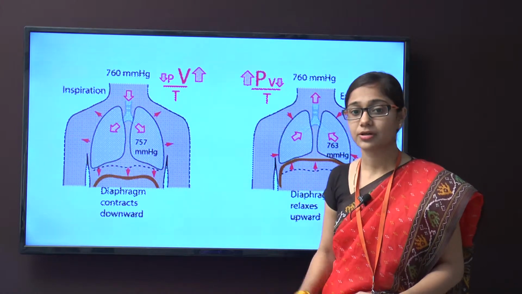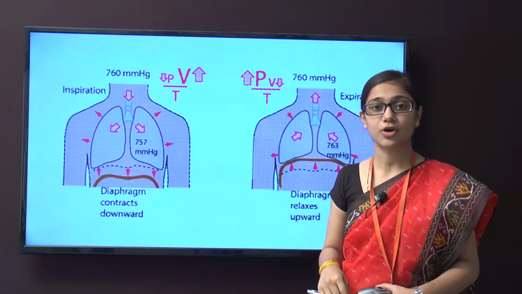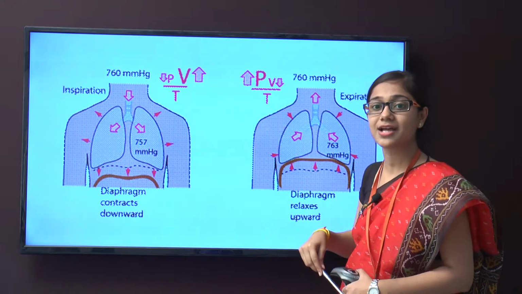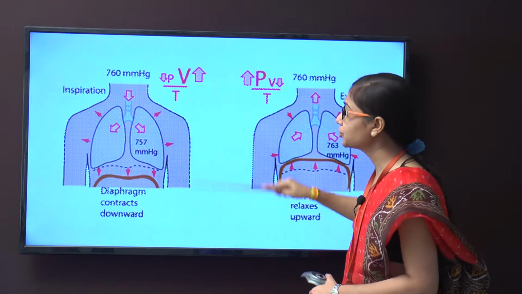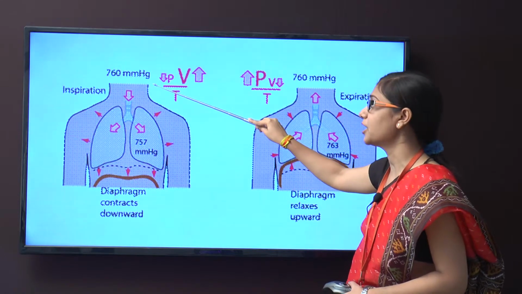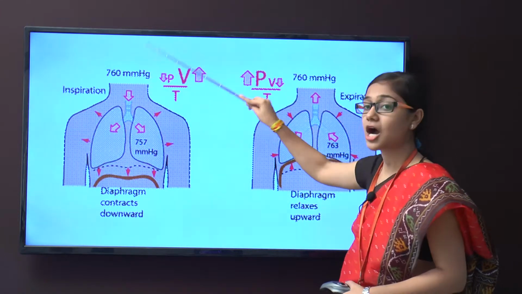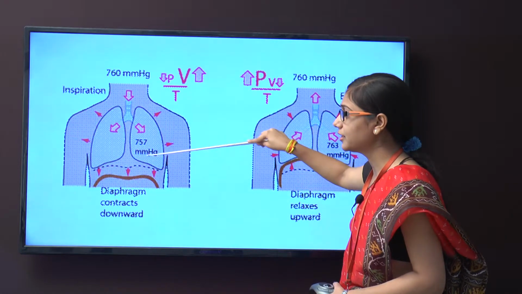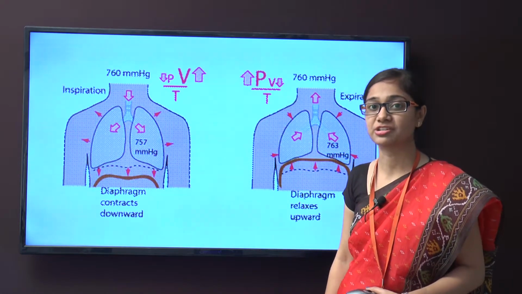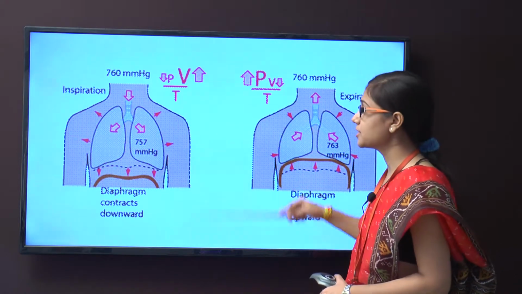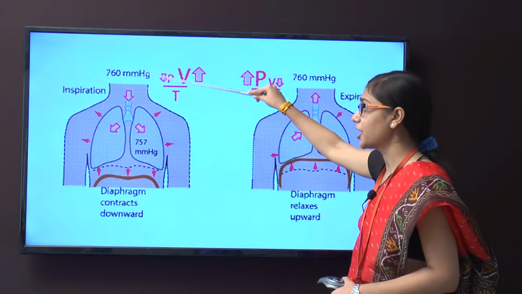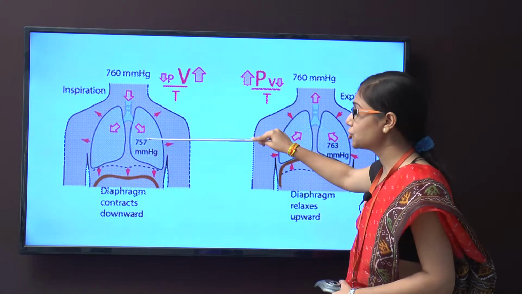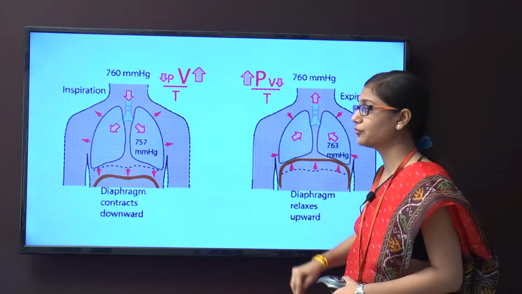The atmospheric pressure is always 760 mm Hg at sea level, right? When the pressure outside is higher compared to inside the lung, here you can see the outside atmospheric pressure is 760 mm Hg, and in the lung the pressure is 757 mm Hg. That means according to the diffusion process, air enters the lung, and the volume of the lung will increase,